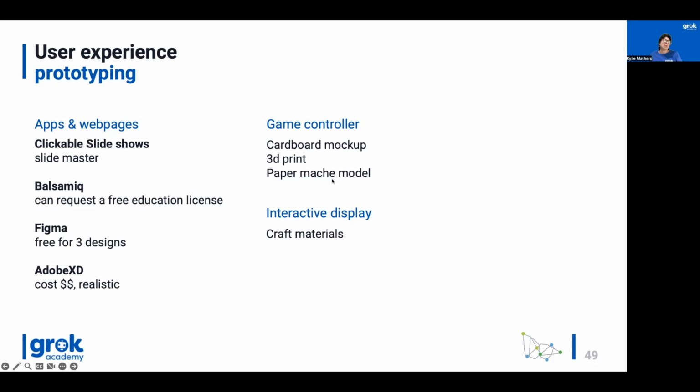If I was doing a game controller, it might involve a cardboard mock-up or a 3D print or a papier-mâché model, something you can hand to the user in order to test it out. If it was an interactive display, such as the one with the really badly drawn bird in it, we might get a cardboard box and actually build the first version to test it out with the prep students or the Year 1 students, maybe. And again, make sure that you set a timeline for students when they're building a prototype,